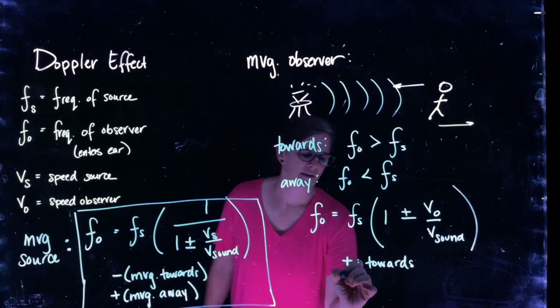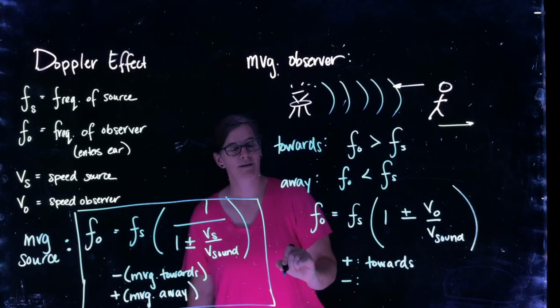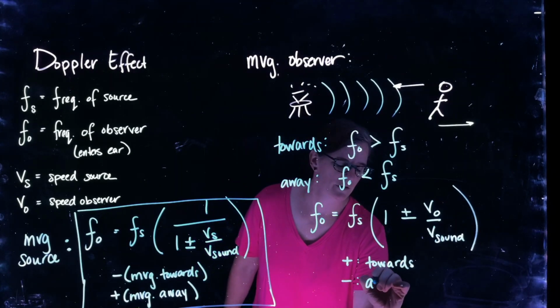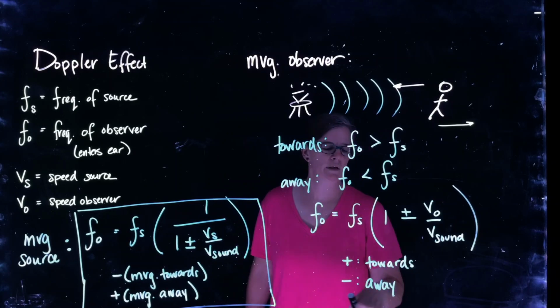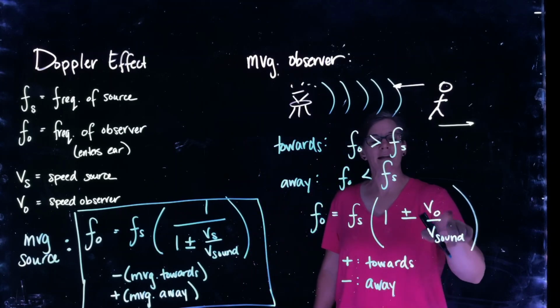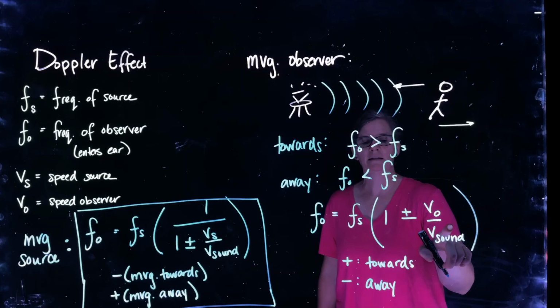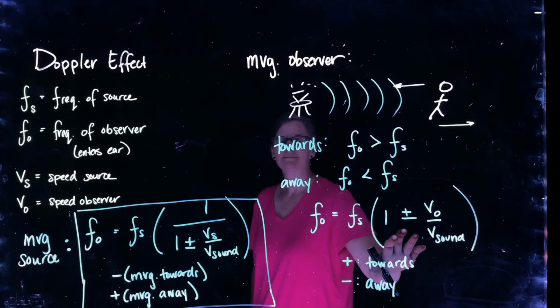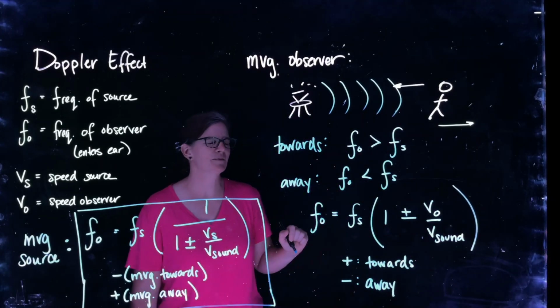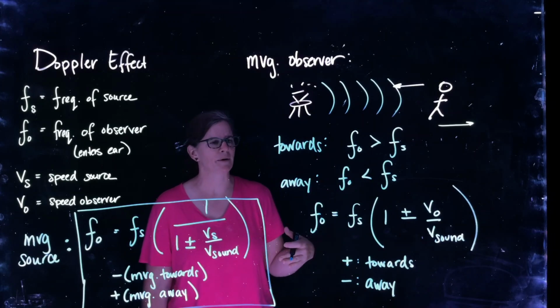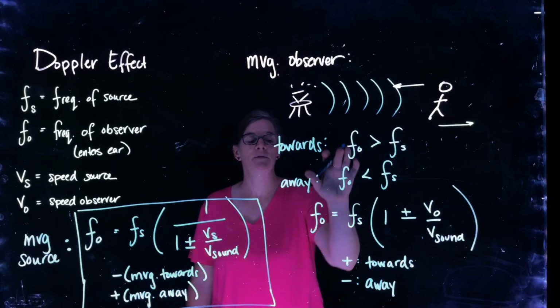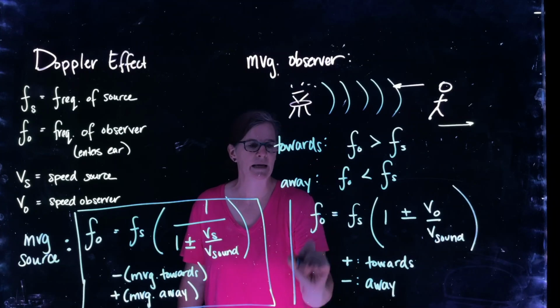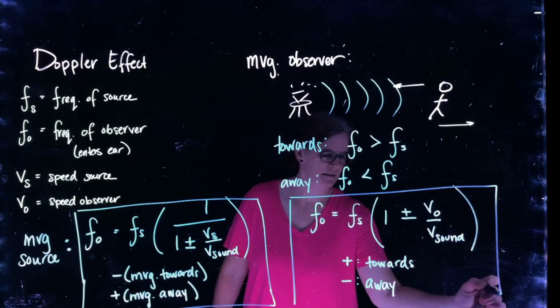Works. If I'm running away from the source, then I subtract a little bit, the ratio of the speeds. Number less than 1 times the frequency of the source, I get a little bit smaller number. And so the observed frequency mathematically matches what I